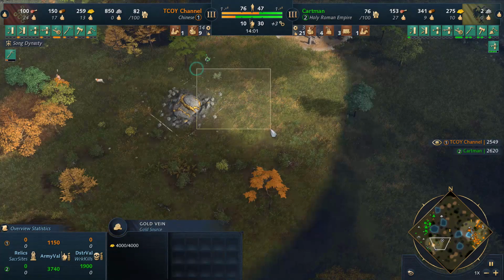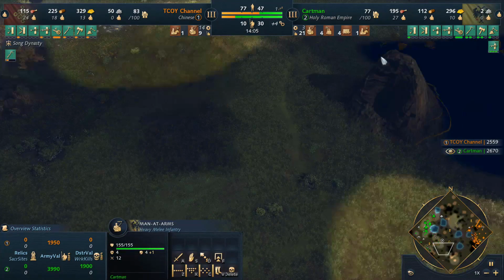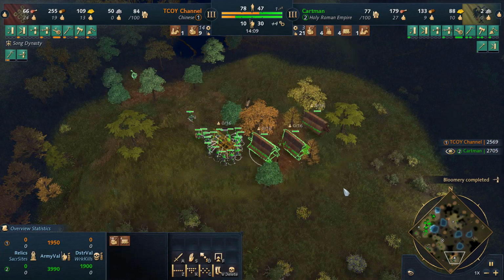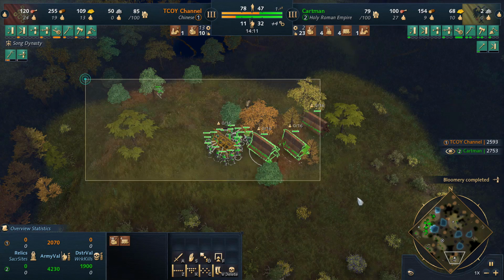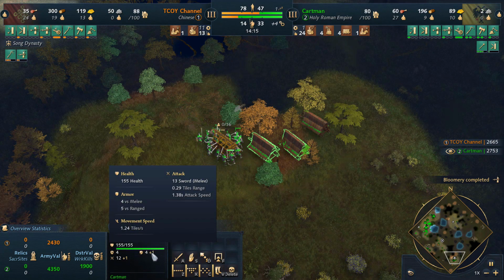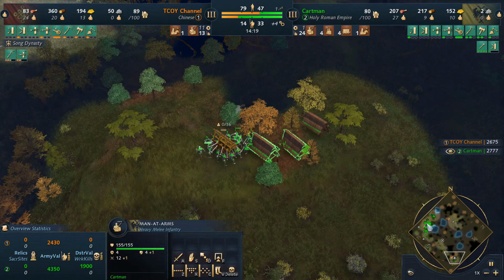I actually didn't spot this men-at-arm running across the map. You can see they are actually rallied all the way down here with the rams. So that's a formidable army. And you can see they have the +1, they have the +1 ranged armor. They are upgraded, so they are castle age men-at-arms. Obviously,